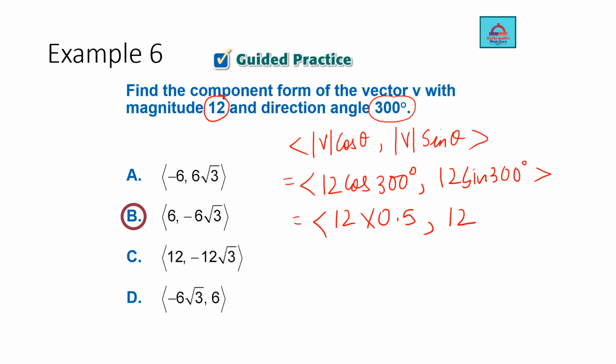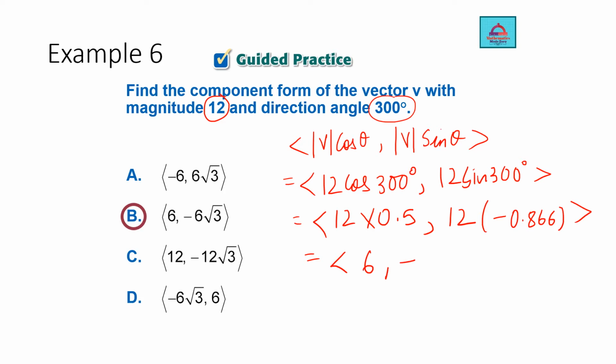So sine of 300, that's what we need. It will come out to be a negative value, which is negative 0.866 in decimal form. You can just convert this, or if you don't want it in decimal form, you can also put it in radical form. So this is 6 comma minus